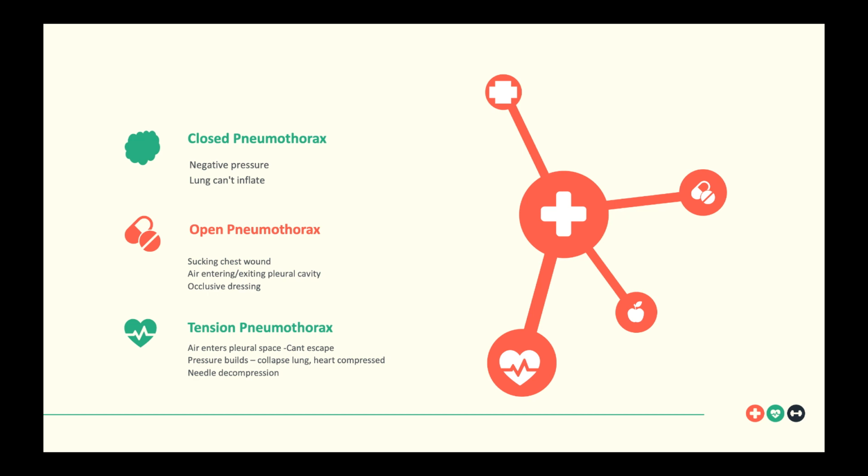That's of course a much later sign, but you get that trachea deviation from the collapsed lung and from the heart becoming compressed. And most often than not, this is where you're going to be doing your needle decompression. Many guidelines will tell you that you can have all these symptoms and signs of a tension pneumothorax, but one of the things that qualifies the patient for a needle decompression is when they have a low blood pressure, okay, because of the pressure on the heart, and that's when the indicator is you have to do this life-saving technique